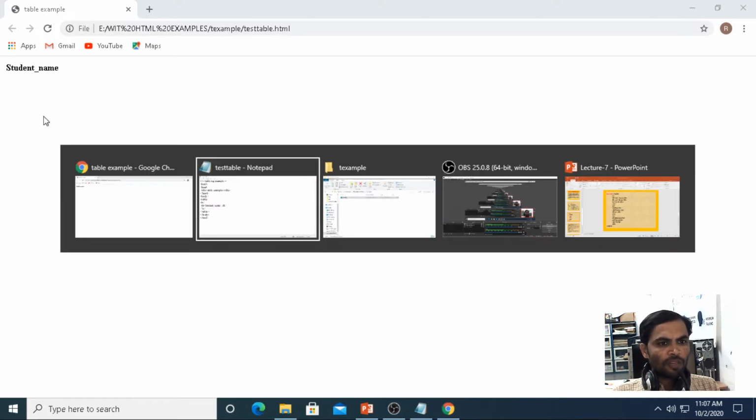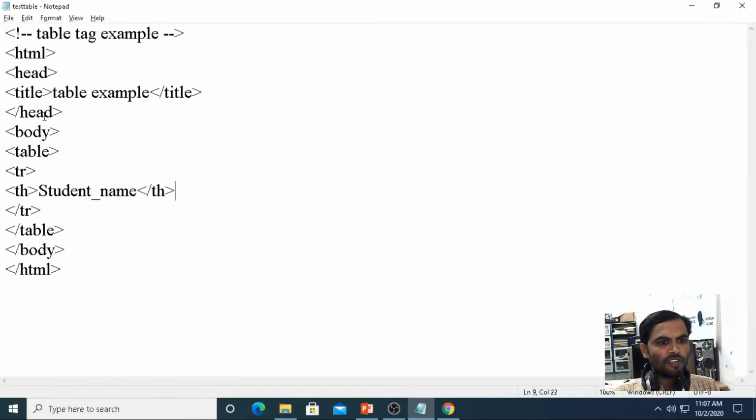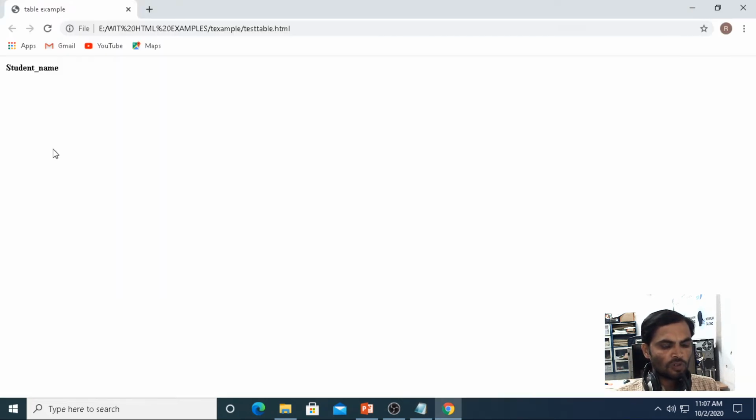Now I am going for the border. There is an attribute for your table: the border attribute. Border equals 4 I am taking. Control S. Now press F5. Now we are getting a boundary for the table.